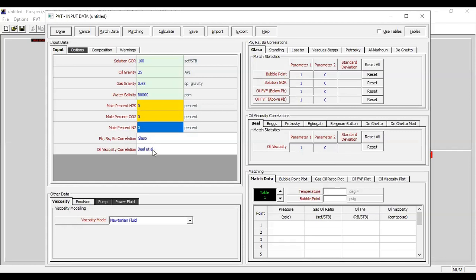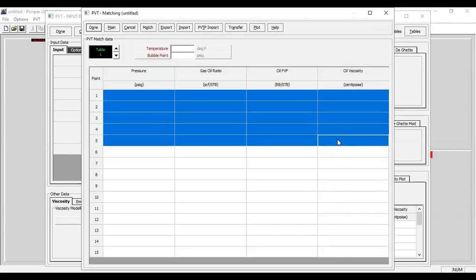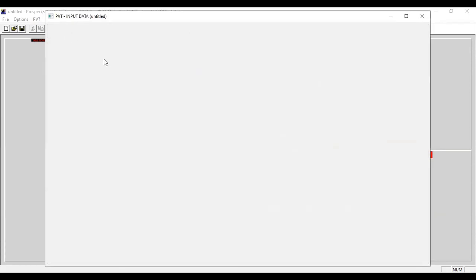I will also use Beal et al. calculation equation to obtain the oil viscosity. So I click done. If you have laboratory data, you can provide it in this table and do matching. But let's keep it for now. Done.